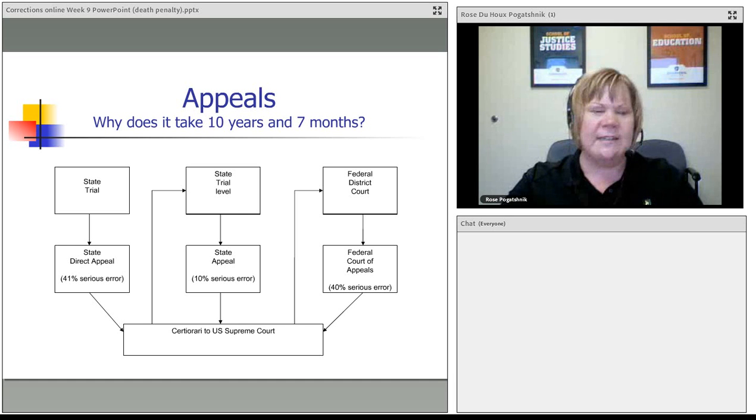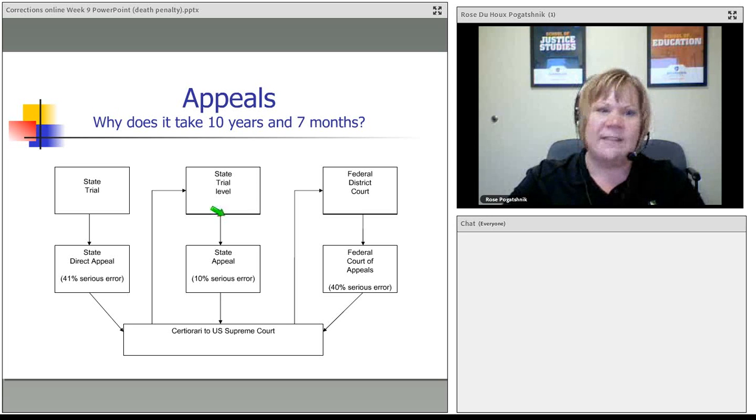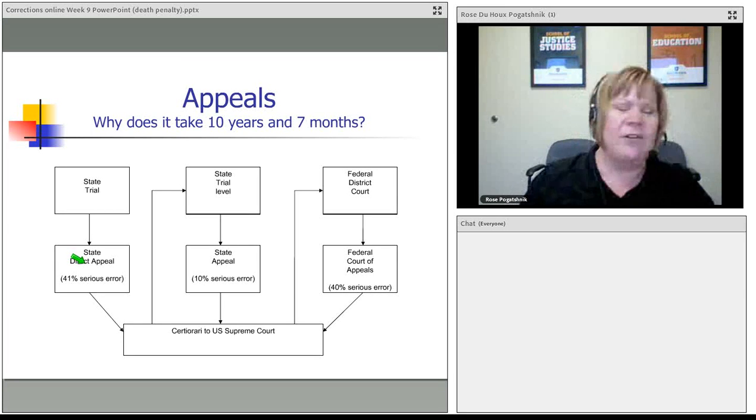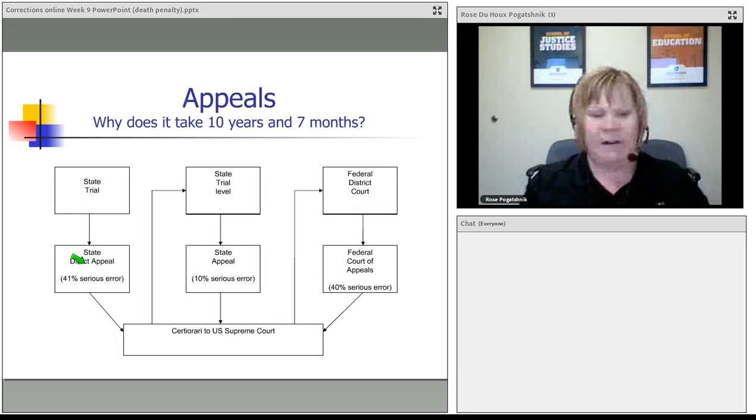Basically it starts at that state trial. The state system in and of itself is going to have an appeals process. So the state trial is going to find them guilty beyond a reasonable doubt. Then it's going to go to that state appeals process. 41% of those cases are going to find some type of error. Now remember, you can't appeal just because you don't like the decision. You can only appeal